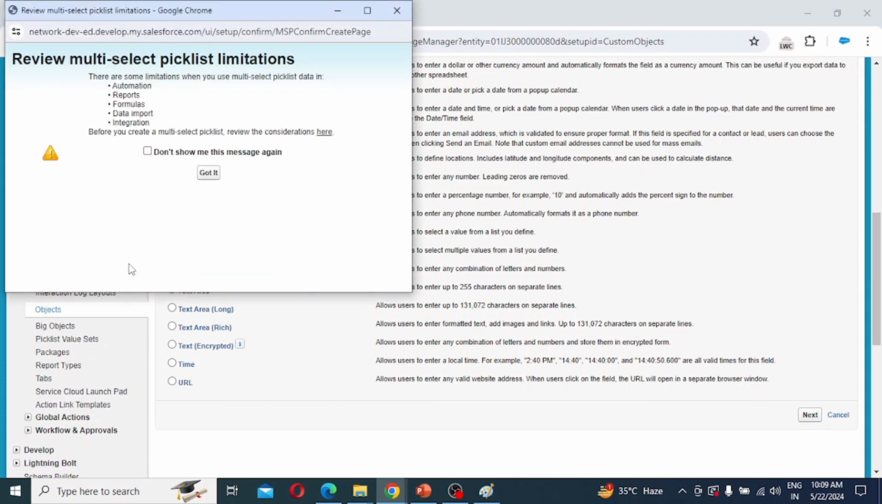So click on next button. Again, one alert message is coming: review multi select pick list limitations. There are some limitations when you use multi select pick list data in automation, reports, formulas, data imports, integration. Before you create a multi select pick list, review the consideration here. So okay,